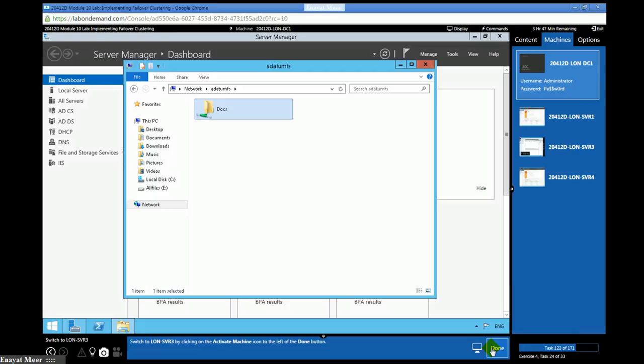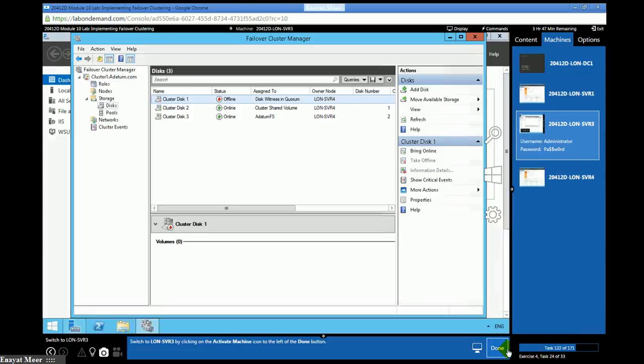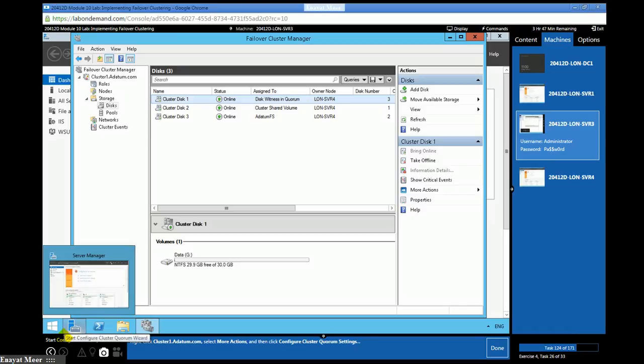This proves that even if the quorum disk is not running, you are still able to access our Adatum FS folder, and we have access to the contents under the folder. You're going to bring the quorum disk back online.